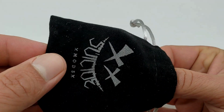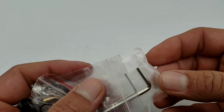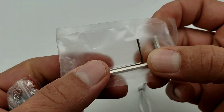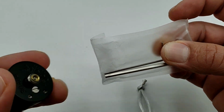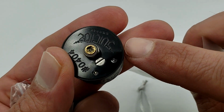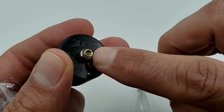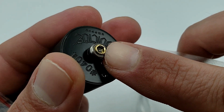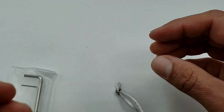And then on the inside of the pouch, you will have all of the accessories. You will have your Allen key, and that's the small one to go to putting that little fill plug in there. And then you do have the larger one for the actual 510 itself. You'll see it's a bigger diameter there. And then you will have